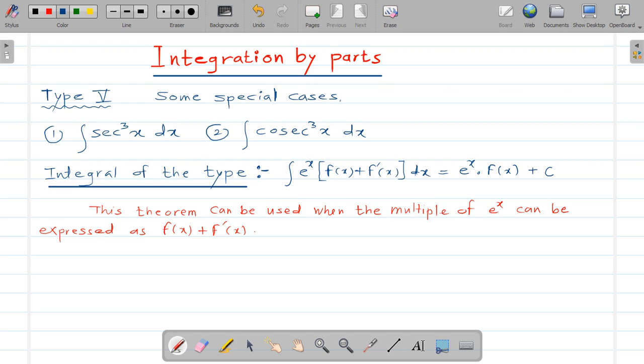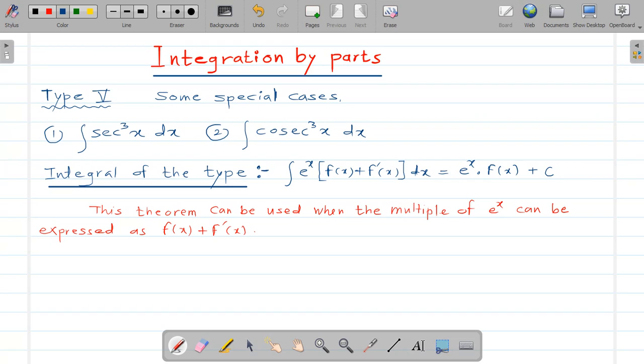Dear students, today we are going to discuss the concept of integration by parts, in which we are going to study type number 5, some special cases of integration that we are going to evaluate today. So in that, the first example is how to integrate sec cube x dx. Then similarly, integration of cosec cube x dx, and then there is another type that we are going to study,